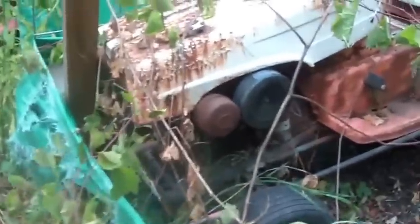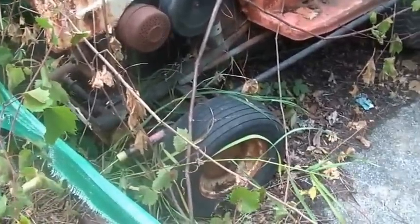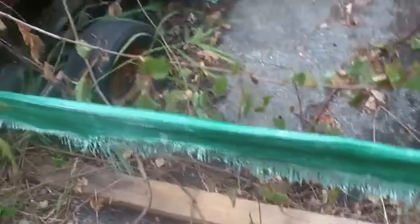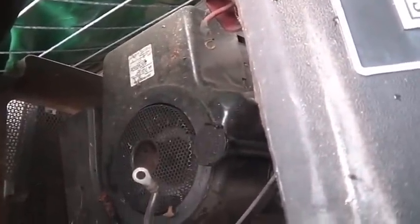Loading this engine, I think it was this tractor, yeah, into my truck all those years ago. I didn't have front tires on it. One of the front tires was off because I was kind of jamming it into the truck at a sideways angle. And the axle was off, and it pinned my pinky to the floor of the truck between the axle and the floor, and I didn't have any kind of plastic guard or anything, so it just crushed my finger into the floor. My finger's still a little off from that one. The nail ended up going black,